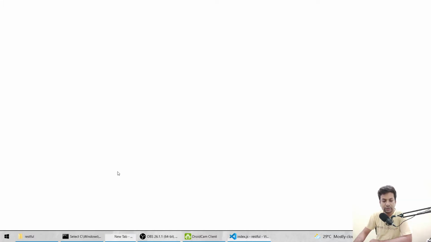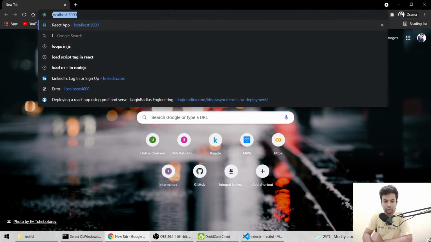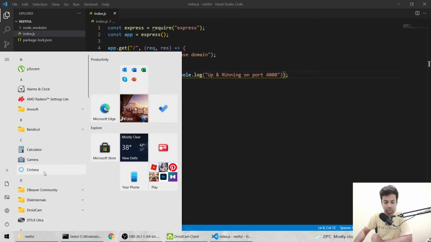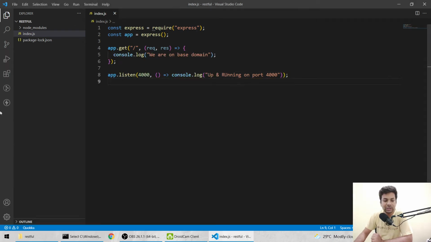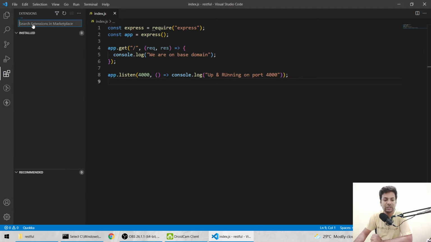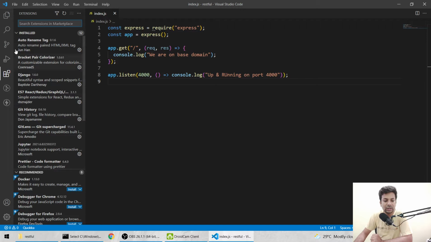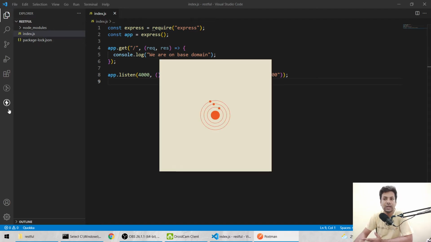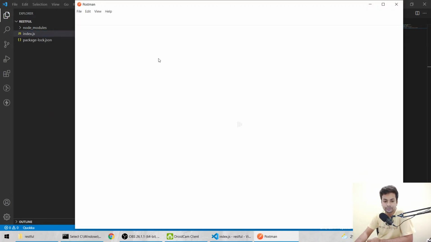So we'll go here and we'll type local, or better, I think Postman is a better choice. Or you can use Thunder Client also, it's inbuilt in VS Code only. You just go to extensions and use Thunder Client, but most people are not aware of Thunder Client, so I'll use Postman. But in my day-to-day work I use Thunder Client, because that's very easy. Okay, open fast, it's so embarrassing.